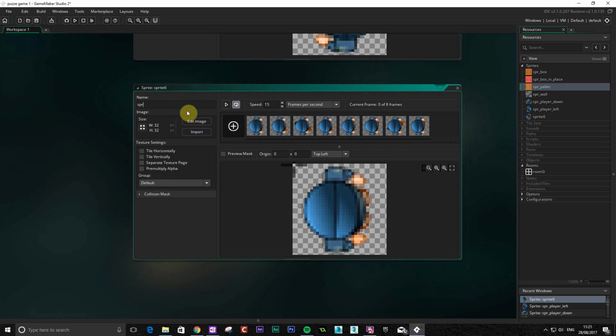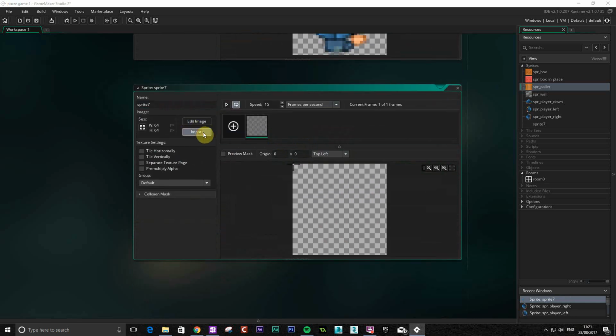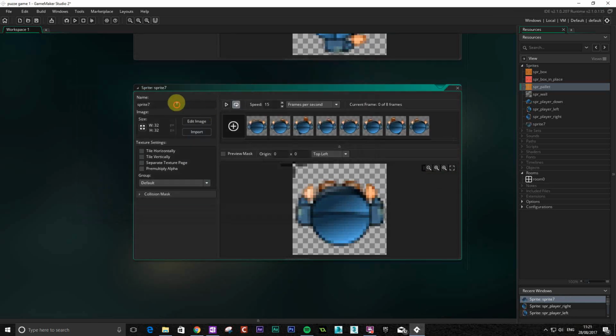SPR player right. Middle. And then the last one. It's going to be up. And middle. Okay, so now we've actually got all our sprites in there, and we've also got a room down